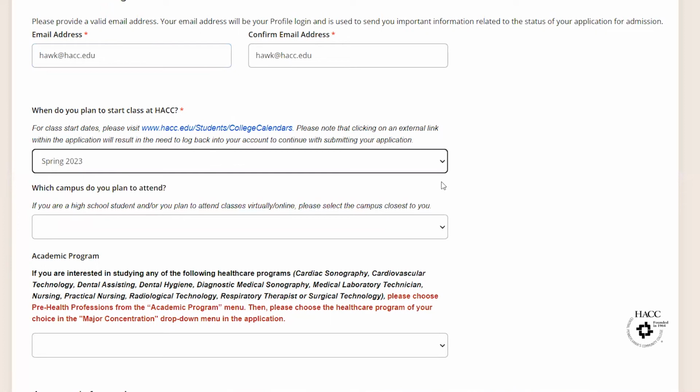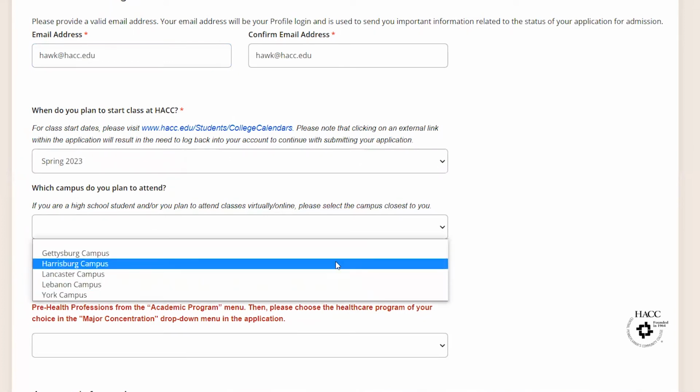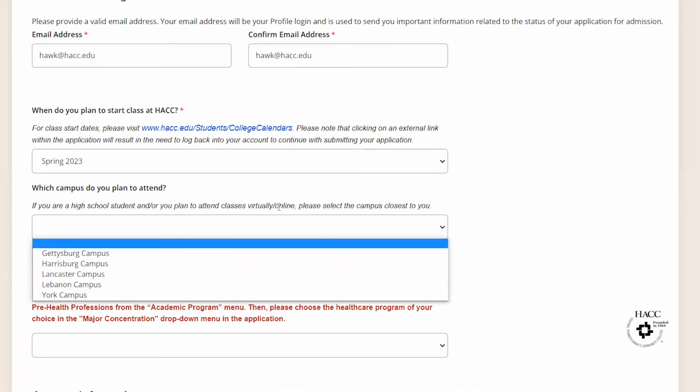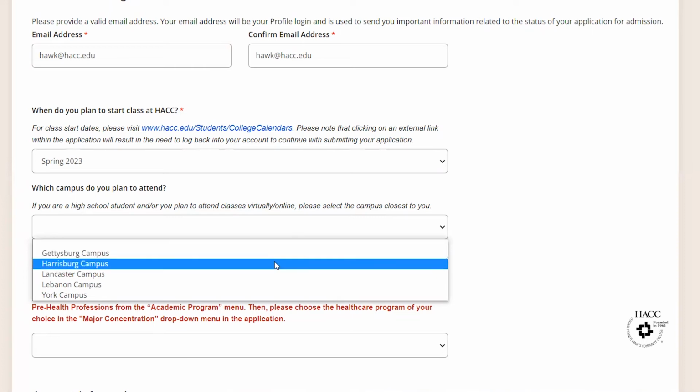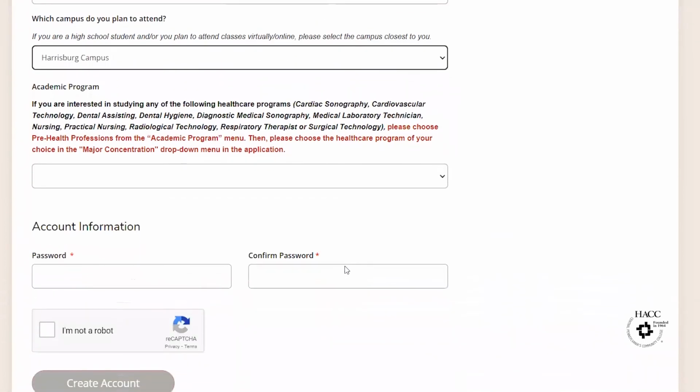He'll have plenty of time to fill out his application. And for which campus you plan to attend, you can select whichever campus is most convenient for you. And as it's noted up here, if you are going to be taking classes virtually or online, you can just select whichever campus is closest to where you live. So I'll select the Harrisburg campus for Hemingway here.